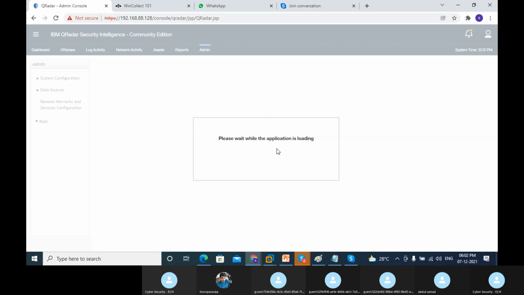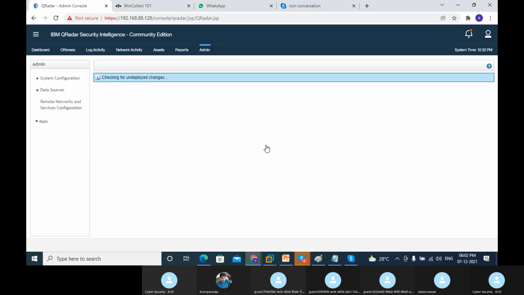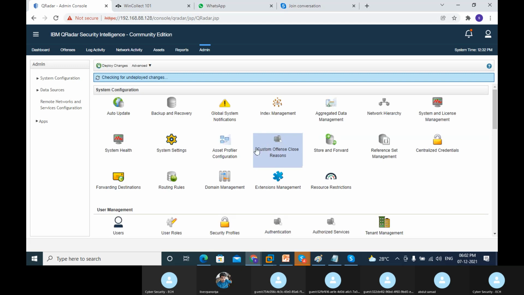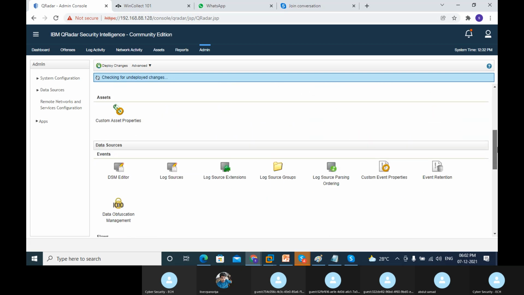If you go ahead into the admin panel, there are several things over this admin panel, like the auto update process, backup recoveries, how this database works, what exactly the mechanism is, and what the hierarchy system of these log resources is. So we're going to discuss all this part.